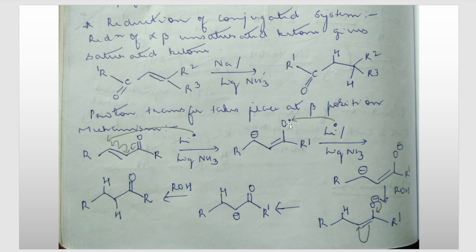Now here, once again, oxygen has an odd electron and there is lithium present in the reaction medium. It will give one of its electrons, so oxygen now will have a minus charge on itself. Next, since we are doing this in the presence of a protic solvent, there is proton donation from alcohol. ROH is there in the reaction medium. It will give us the proton, and one proton will be donated to carbon number 2 here. So here we are adding one H. That is the next step.